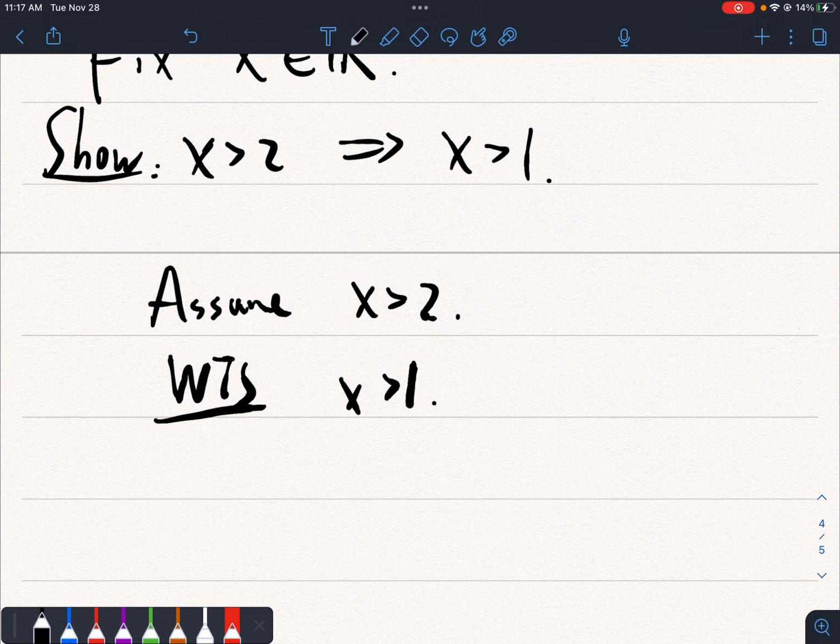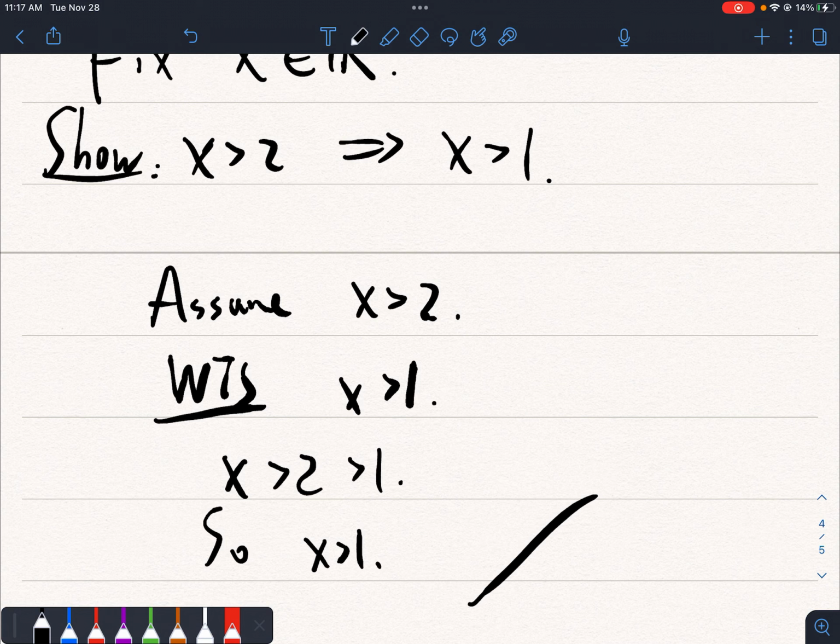So which means we have to use some algebra or some logical manipulation to deduce the result. But here you can see it's trivial that we can use just the algebra. Because x is bigger than 2 and 2 is bigger than 1, so x is bigger than 1, and we're done. So this is a direct proof of an implication statement. Okay,